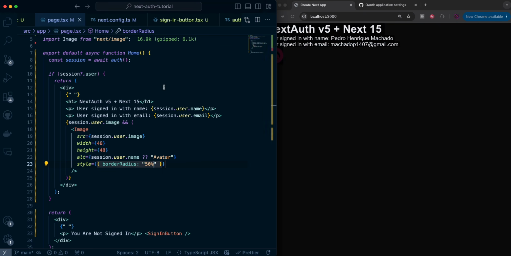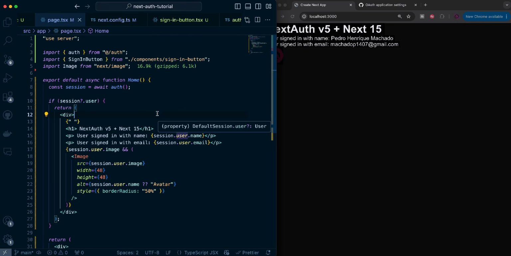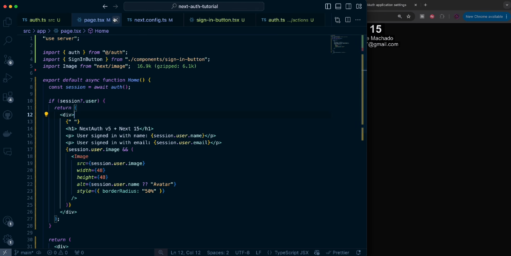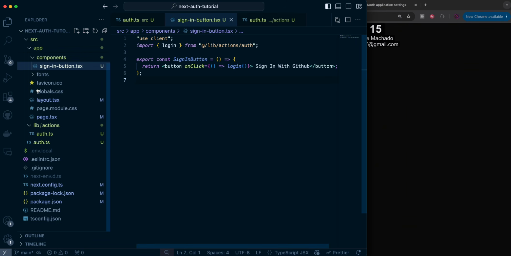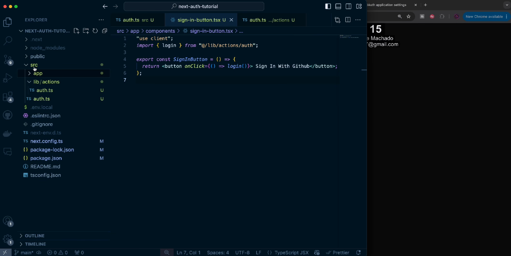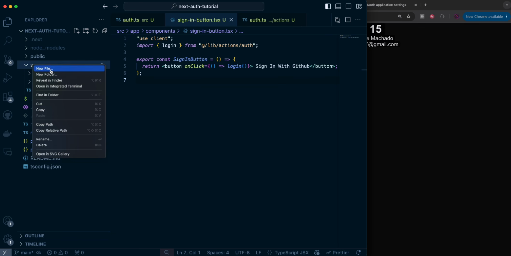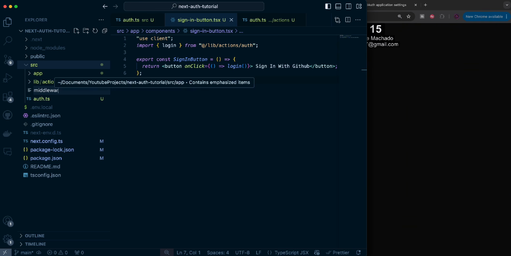But yeah, this is how you generally set up authentication in your project. Now there's more to this, and this next section is a little bit more advanced. The first thing I want to talk about is how do we generate middlewares using NextAuth version 5. So I'm going to create here a file in our project which is going to contain the middleware.ts